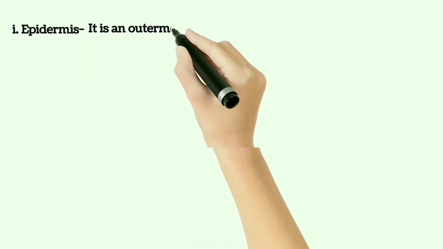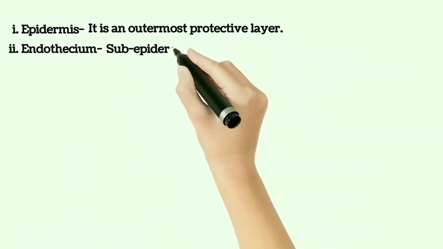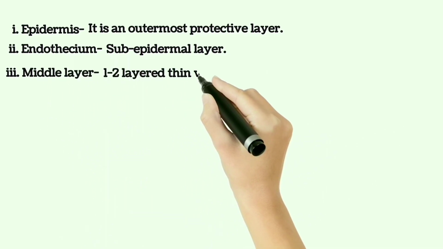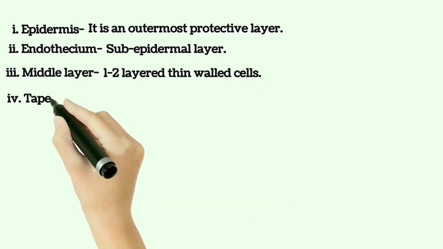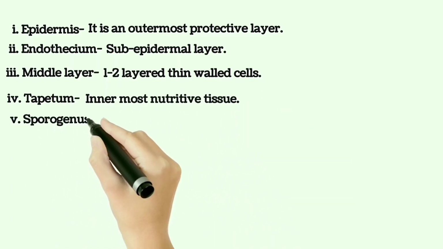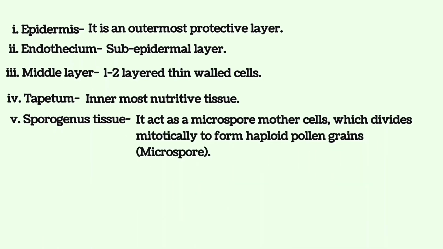So, the epidermis is the outermost protective layer of the anther. Next to the epidermis there is the endothecium, which is a subepidermal layer. Then a 1 to 2 layered thin middle layer. And then the tapetum, which is the innermost nutritive layer. There is sporogenous tissue, which acts as a microspore mother cell that divides to form haploid